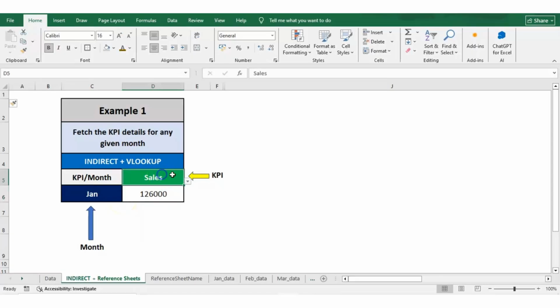So we have three KPIs: total sales, total expense and net profit, and in the month we have 3 months data which is Jan, Feb and March. So these two inputs are entered manually by the user, and basis the data sheet and the KPI, the output is shown here. So here we want to get the total sales